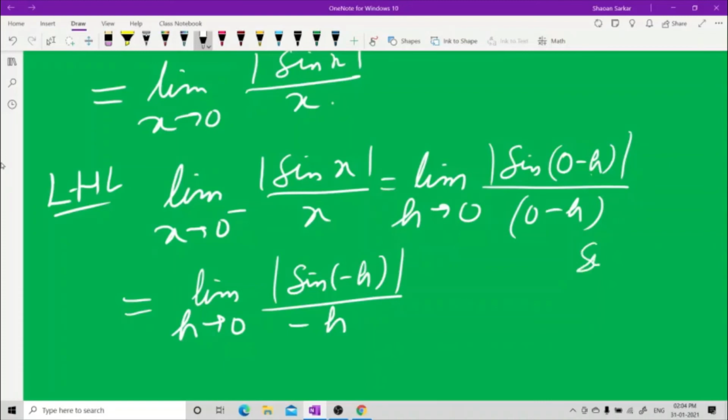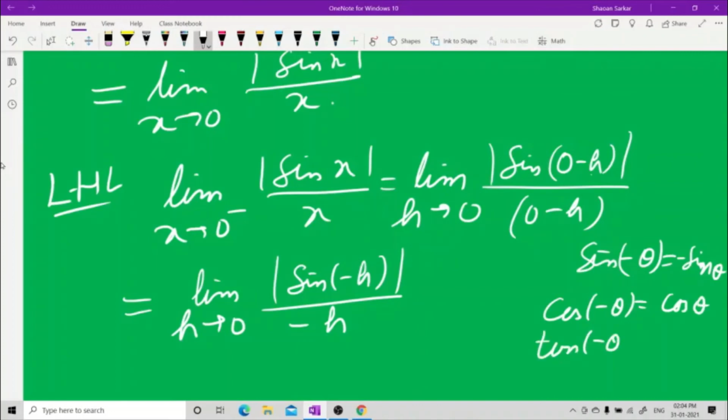अब देखो sine minus theta, sine minus theta is minus sine theta. You have to keep this thing in mind. I told you in my earlier video. Cos minus theta is cos theta. Keep always this in mind. Tan minus theta is minus tan theta. Keep this thing in your mind. Okay? So using this,